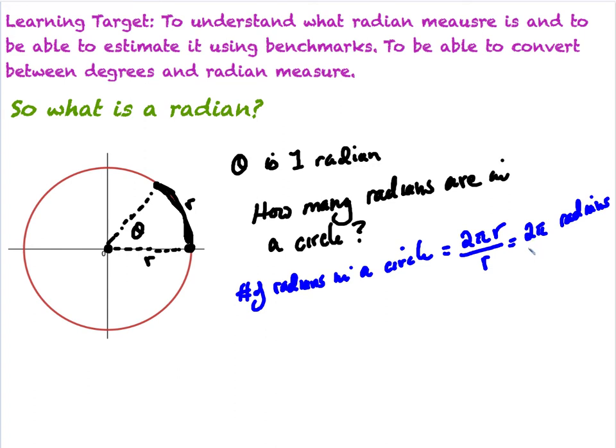And so that is what enables us, you see up here in our learning target, that we're going to be able to estimate the number of radians using benchmarks. Knowing that there are 2 pi radians in every circle is what allows us to create